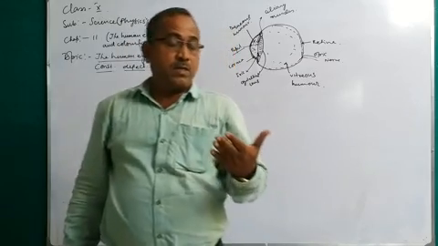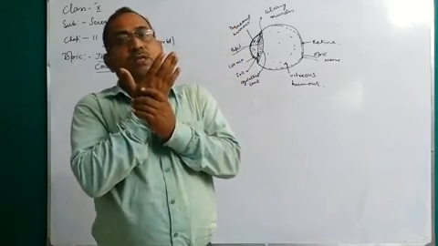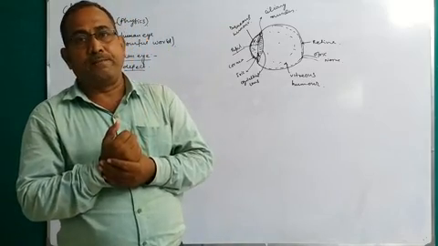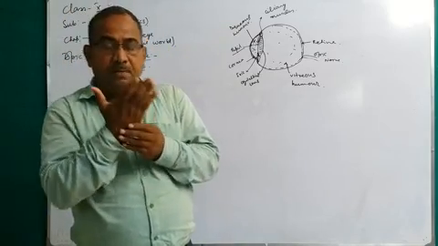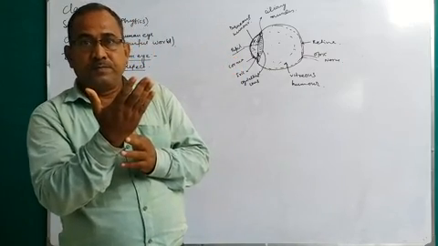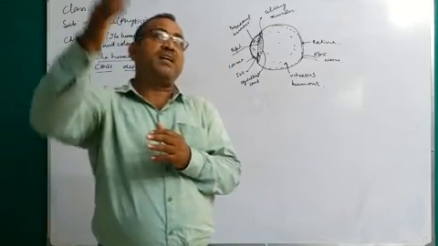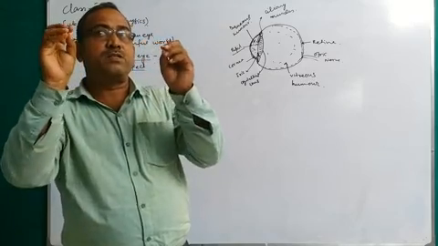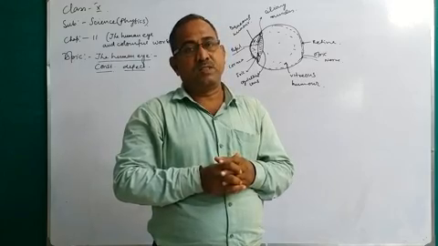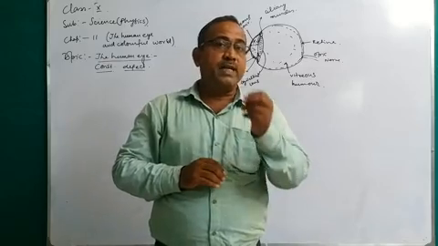In your eye, if you place the object nearer to the eye than a certain distance, you cannot see it clearly. At a minimum distance, you put it to the object and see it clearly. Similarly, if you see an object at a far distance, at infinity, you cannot see it clearly. So, two types of definition, you remember it: near point and far point.